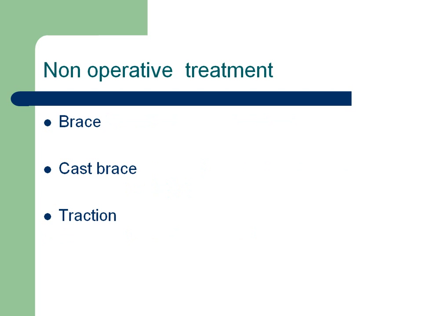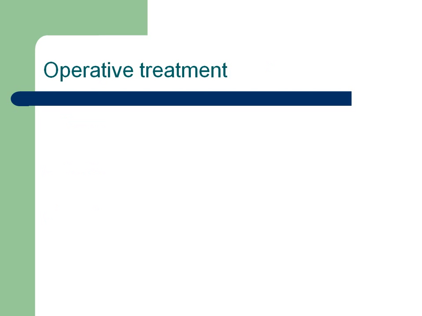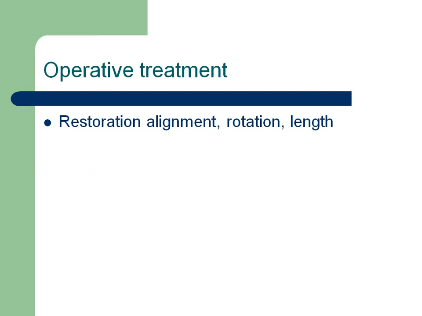Traction and contraction, normally we use it, especially in the open type of fracture in this area. We use Thomas suspension traction with Pearson attachment for range of motion of the knee joint, and then a cast brace, or also a brace. What's the duration of that? Maybe 4 to 6 weeks in traction, and using the cast brace for approximately 8 weeks